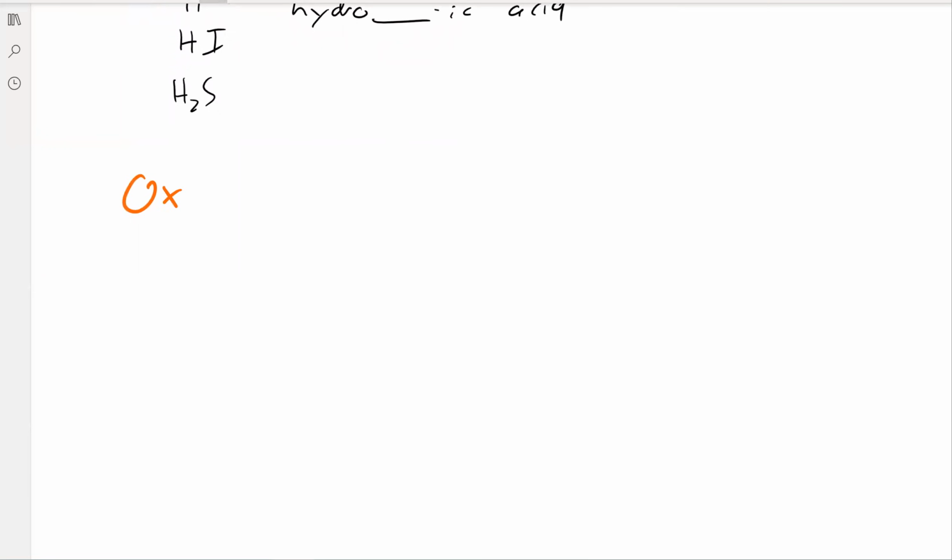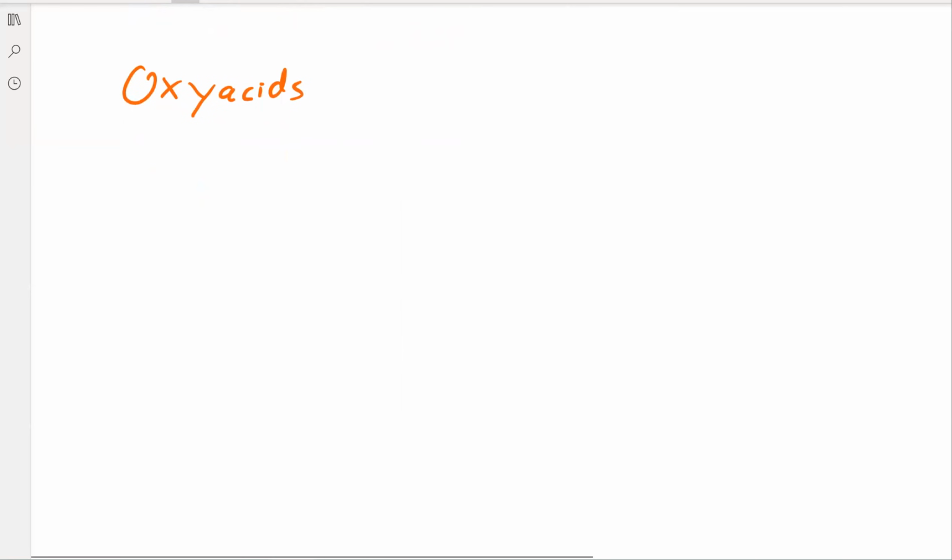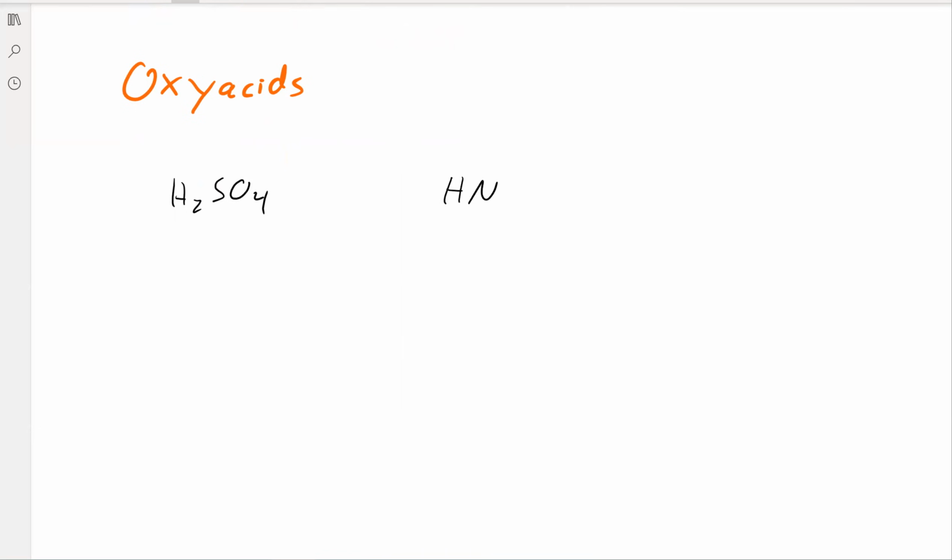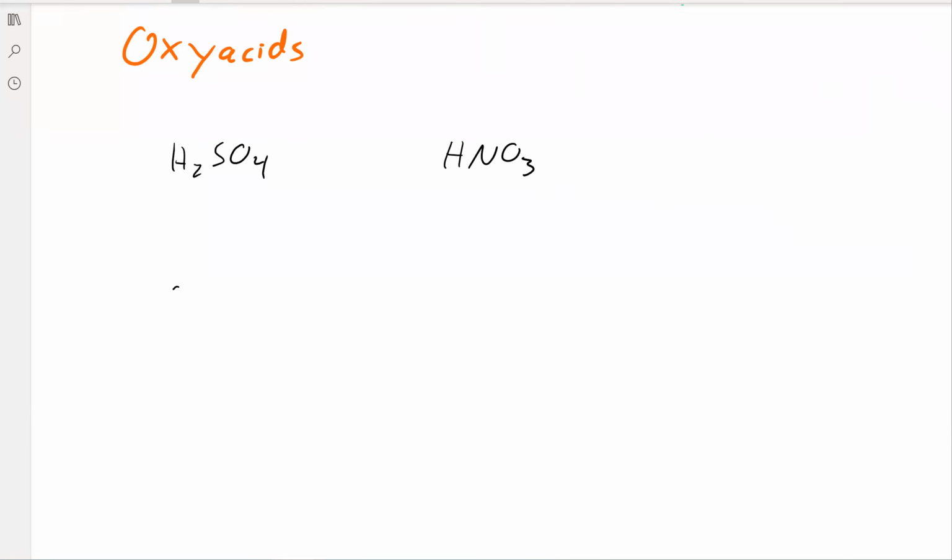The next type are oxyacids, which you might guess have oxygen in them, but there are other parts to them too. So for example, H2SO4, sulfuric acid, is a popular example, and HNO3, nitric acid, is another example. You can tell there's a hydrogen, because we need that to release the H+, and there's a bunch of oxygens. If you were to take a look at the Lewis structures of these components,